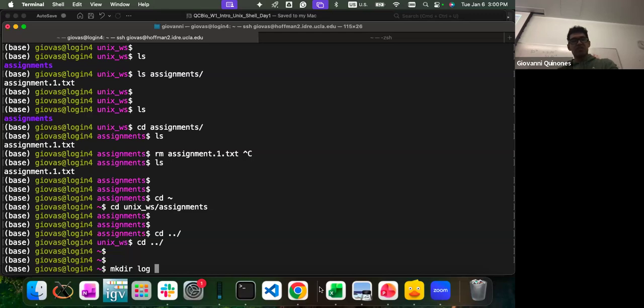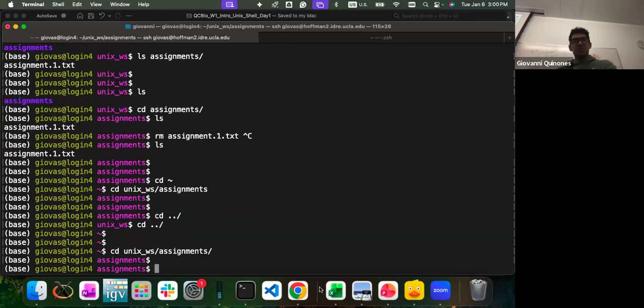folder. But okay, say I change my mind and now I go back to Unix assignment. How do I do it more straightforward? So when you create a directory, you can also put the full path or the relative path of the directory you want to create. So if I want to create a log folder in my home directory, but I'm currently in assignments, I can do mkdir squiggle line, this means home, dash log. So instead of moving and creating the folder, I can create the folder without moving at all.